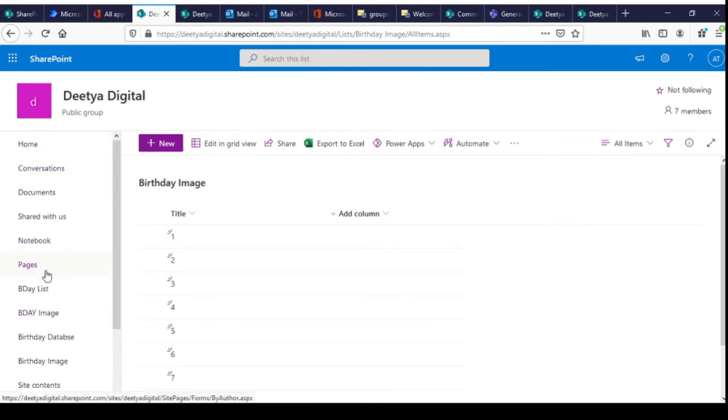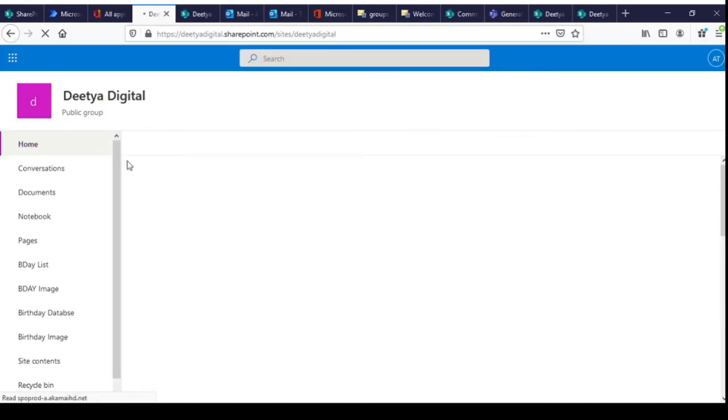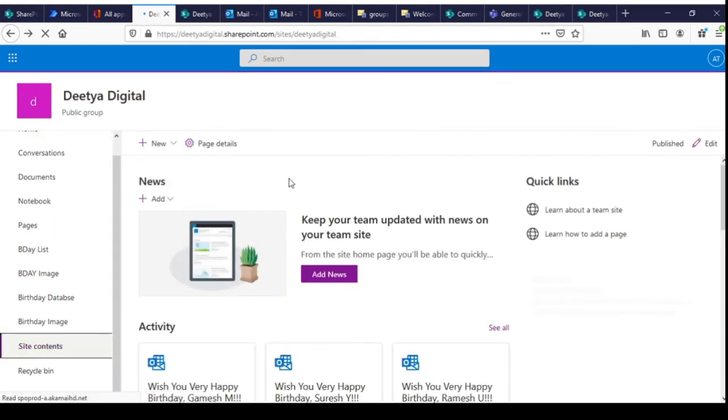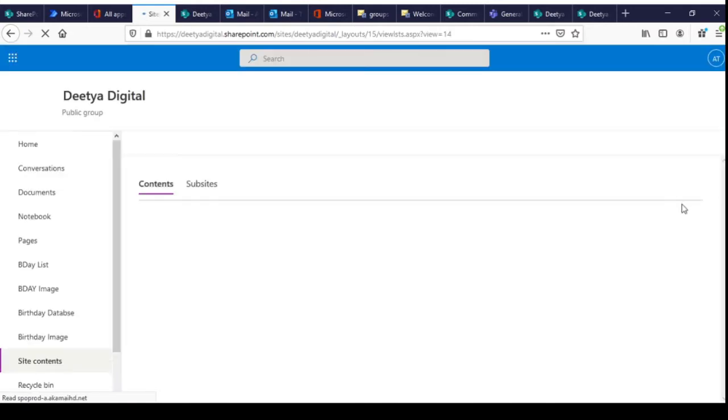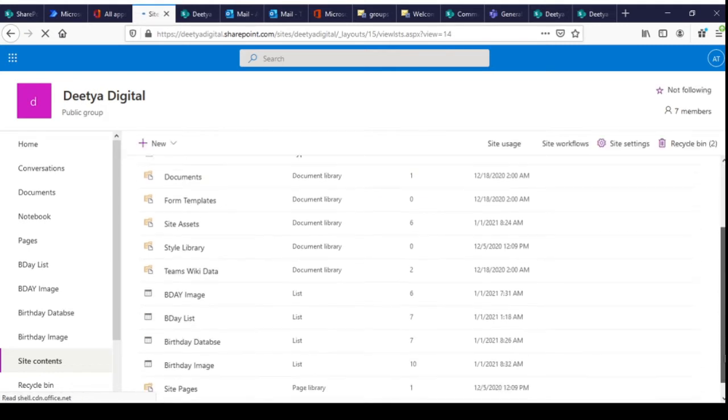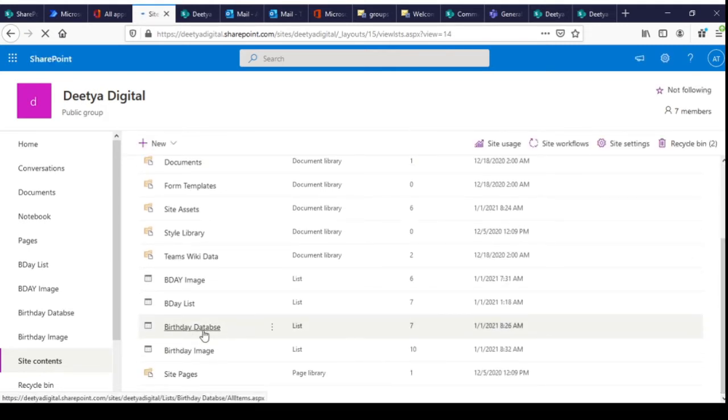That's it. So now we are ready with our SharePoint list. Now I'll show you the SharePoint list once again, which SharePoint list we already created for this. Okay, birthday database.